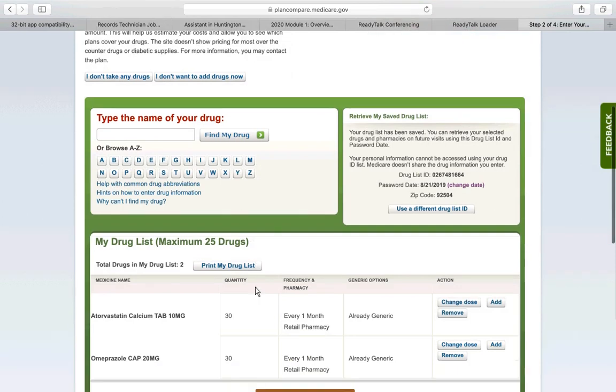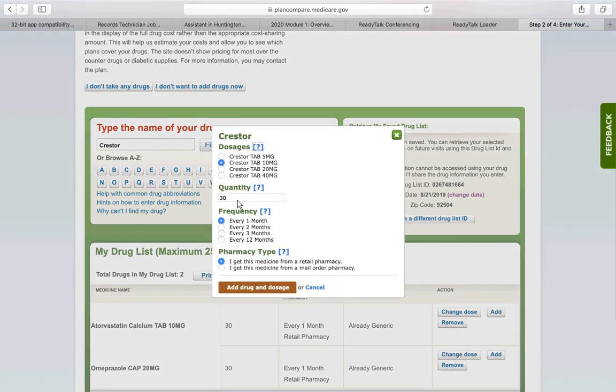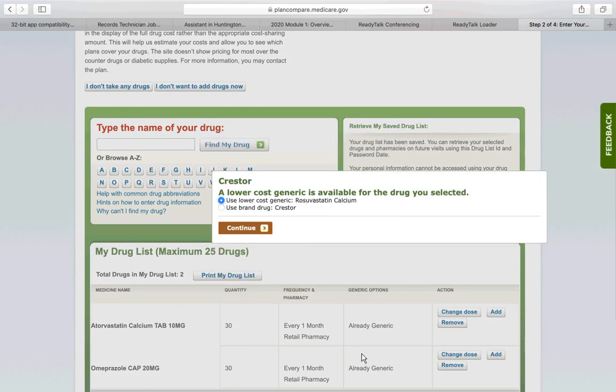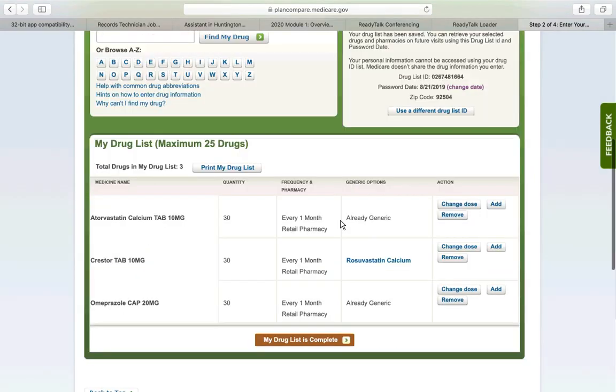Okay, and let's add another expensive medication here, Crestor. Most commonly used is 10 milligram, 30-day supply, 30 pills. Notice that I typed in Crestor and it's telling me, hey, are you sure you don't want to use rosuvastatin? Rosuvastatin is the generic for Crestor. So again, that's why it's always important to take a look at the bottles. In this case, if they are taking Crestor, which is just an example, this will give us a drug list ID, password date,